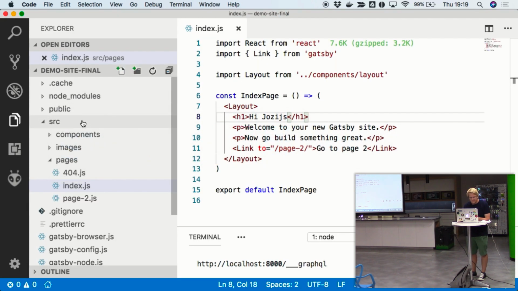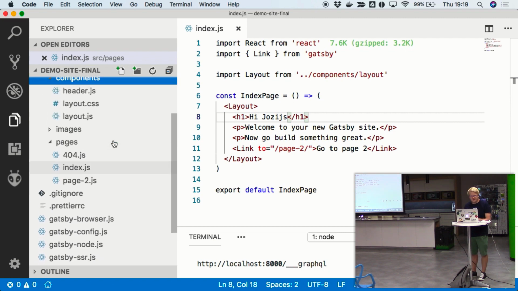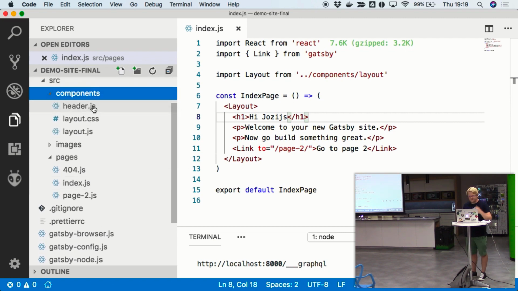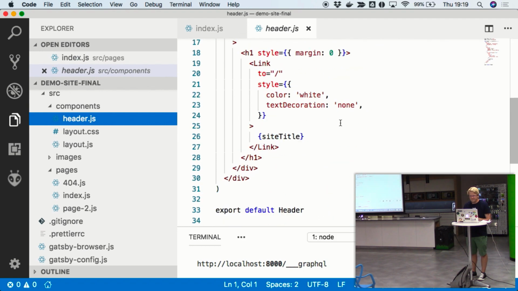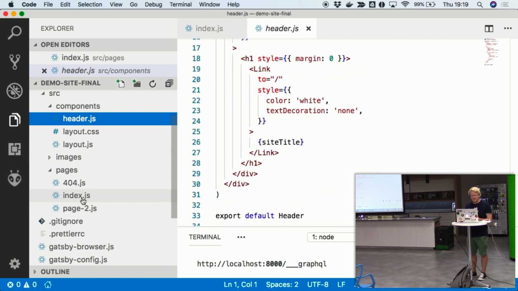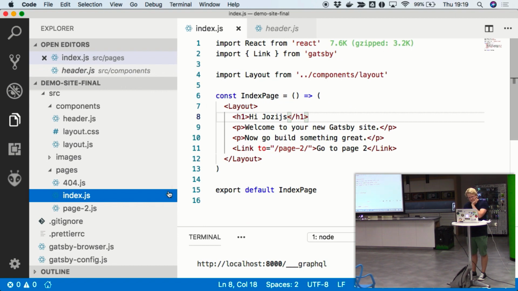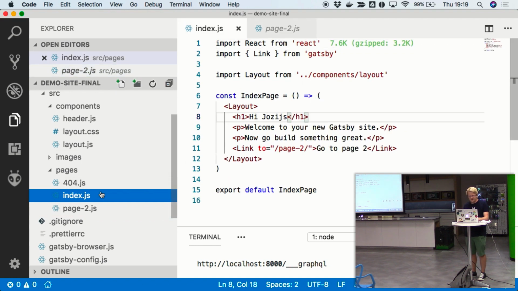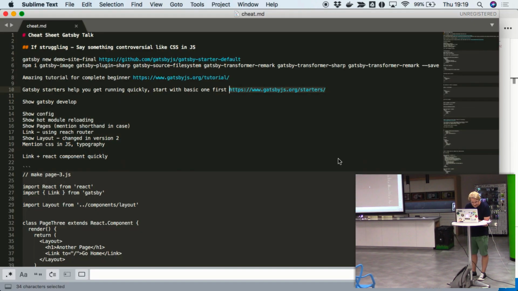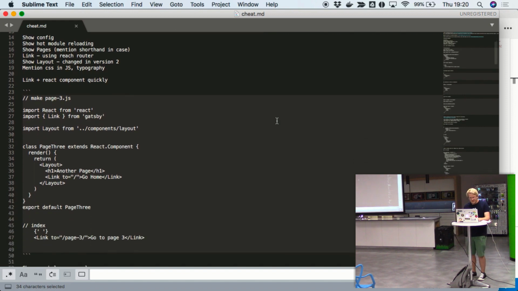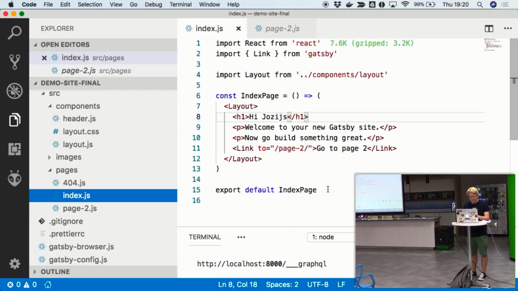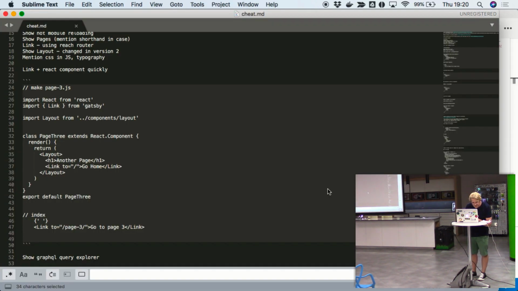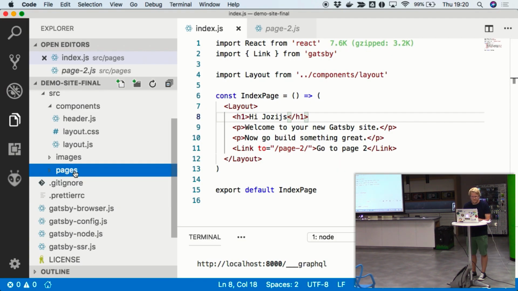So we've also got a components folder, and those are also just React components, and you can add them to your actual pages, and all good. I'll just quickly show you links. I'll make a new page so we can see what it's like.